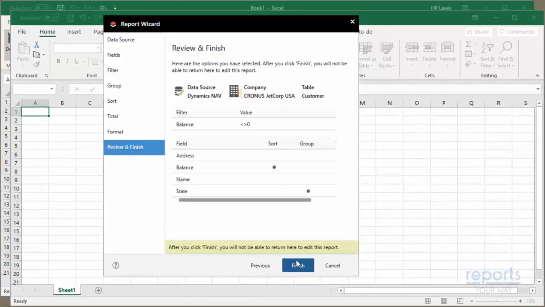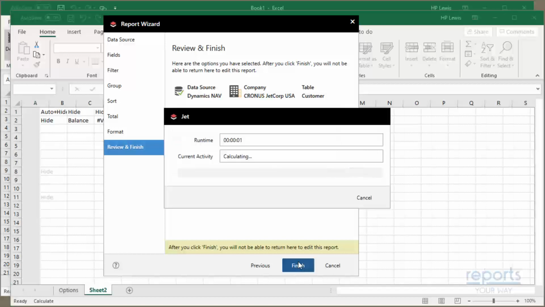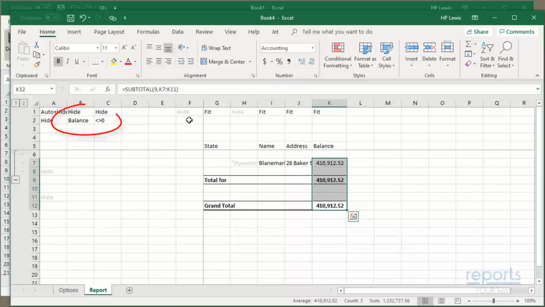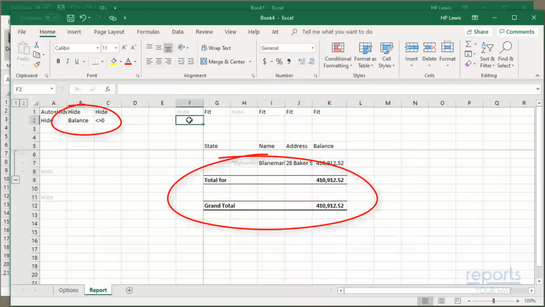Finally, we are presented with a summary of the report we have defined. Once we have reviewed this and are ready to proceed, we can click the Finish button to create our report. The Report Wizard has created all the functions we need. We can see the report option for balance, Excel formatting has been applied, and the Excel grouping is on the